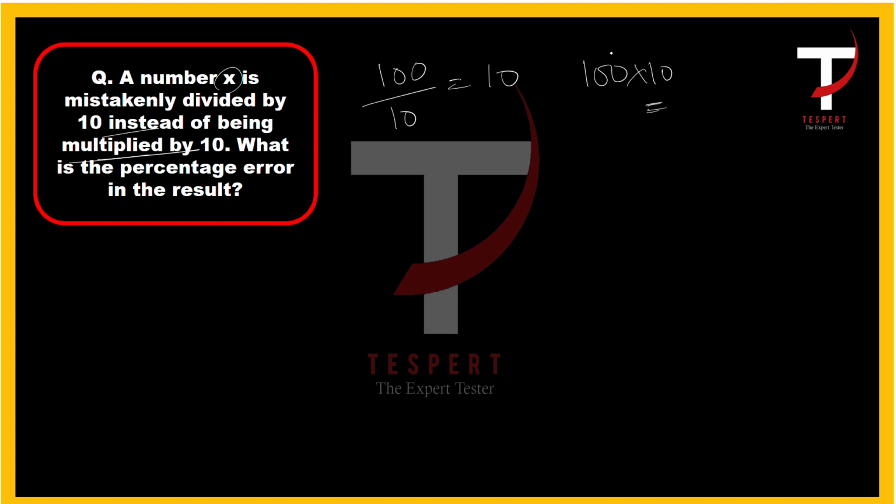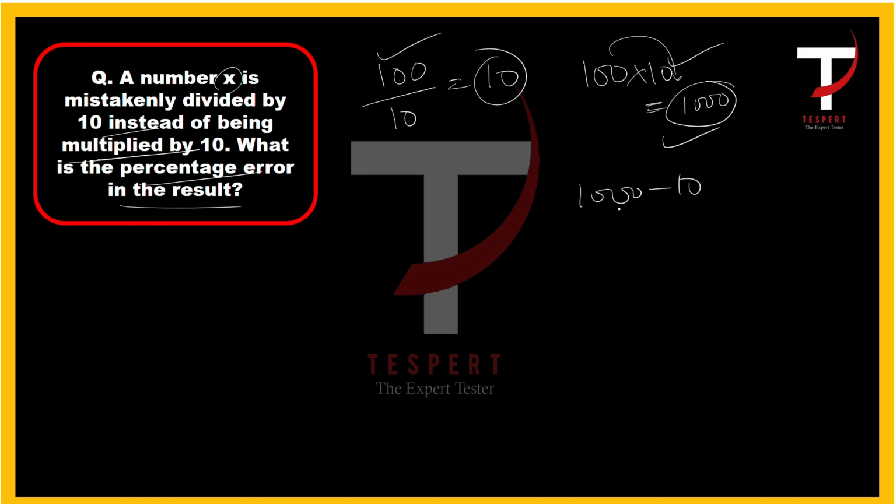Okay, so the result would be 1000. So instead of 1000 we got 10, because instead of multiplying we divided the number, right? So what is the percentage error in the result? So percentage error, so difference: 1000 minus 10, by 1000, into 100,